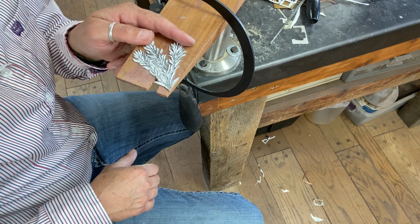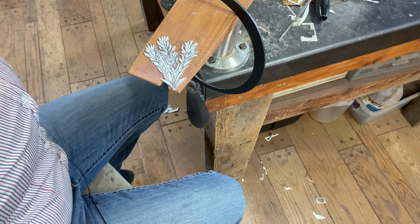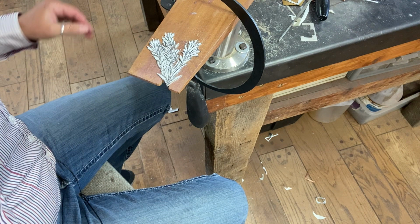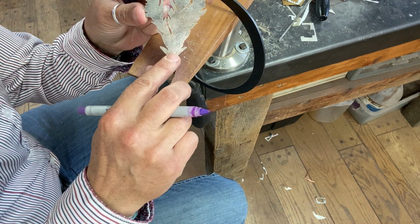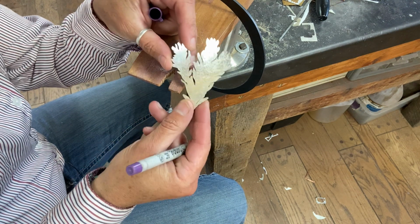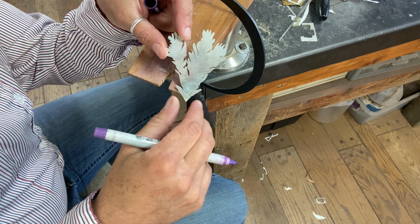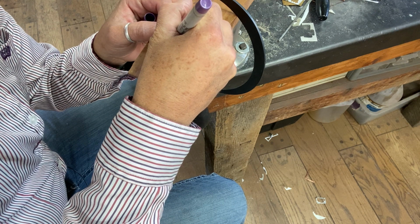Ta-da! Look at that. So the next part of what I like to do really depends on the piece I'm cutting out. If you're cutting out a whole bunch of letters for a belt buckle, I'm going to do this first. But I'm going to decide which, because if you look at that, there's a lot of definition that I'm missing that I could get if I sawed more out. So I'm going to go through on the front and decide more parts, because this is pretty blah. I want more definition. I want more filigreed. I want to see the hat through it more. So what I'm going to do is